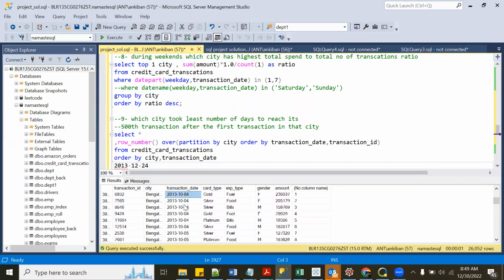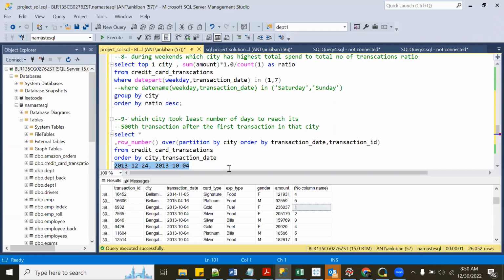Transaction of overall city, or else it will be only for Bangalore. For Bangalore, it is starting from 1, right? That's why I have done partition by city, so that for each city it starts with 1. So the first transaction was on 2013-10-04. Whatever is the difference between these two, that many number of days it took to reach the